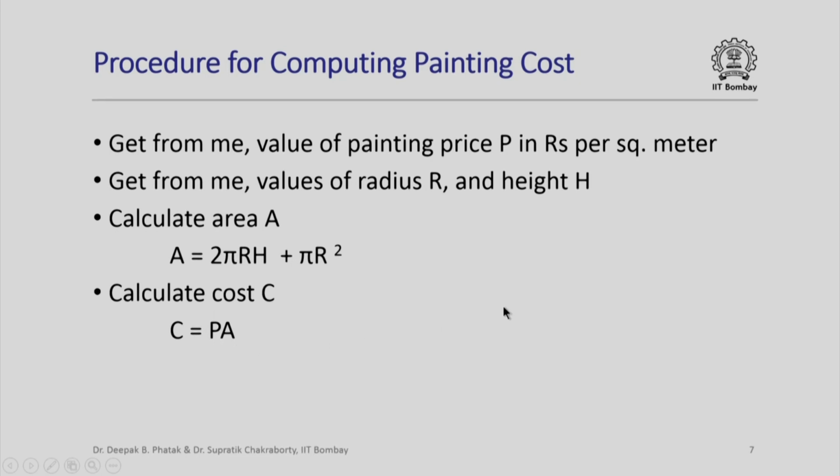Observe that we have deviated slightly in the symbols that we have used. We have used small r for radius in the previous slide, here we are using capital R. But you understand it easily, because for you it does not make a difference whether r is small or capital, it still means a radius to you. However, later on we will note that when we write computer programs, we have to be very careful, because each name has to be unique and it must be used exactly in the same way that is used elsewhere to mean the same thing.